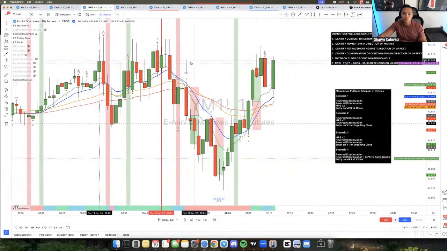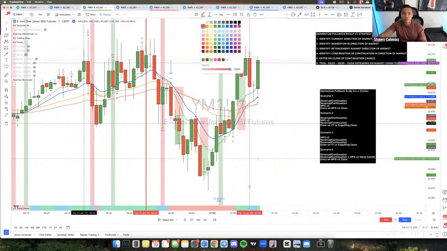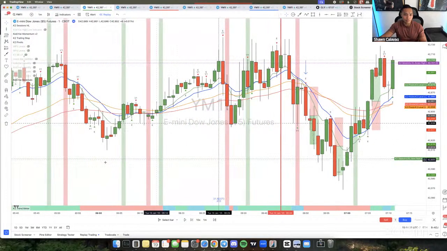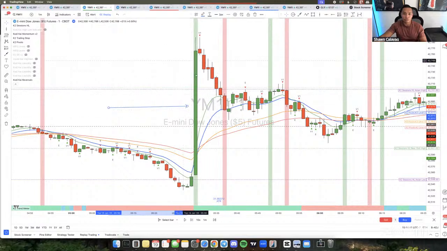Because if you have a huge wick like that, like how you said, say for example, this wick was huge, right? Say we had a big wick that was super, super big. If you have a huge candle like that, I would probably just avoid it because it shows that there's a lot of uncertainty with a candle like that. So for the most part, I don't necessarily look at those types of candles, and you're not going to get those types of candles unless it's a news candle, something like this, right? Sometimes you'll have a candle that's huge like this, and it'll have a small body and then a huge wick on both ends, like a doji.